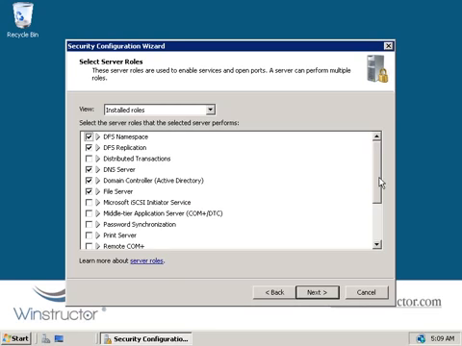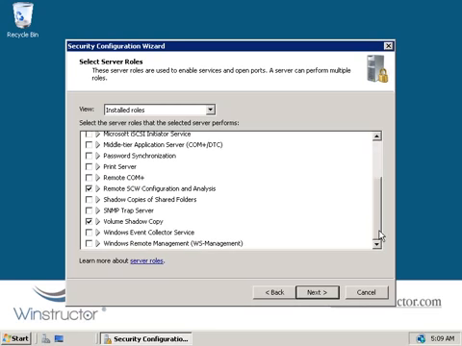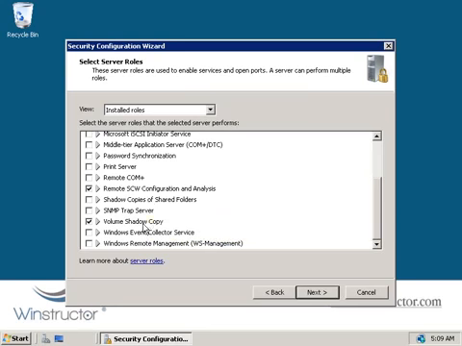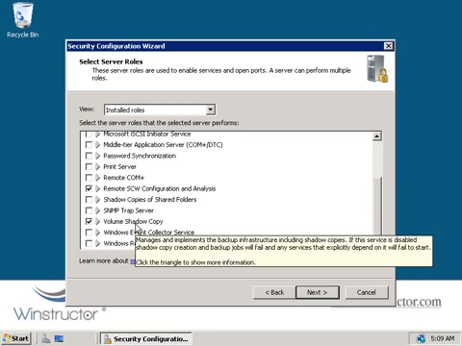Obviously, the domain controller role, file server, and if we scroll down a little bit, we also have the remote security configuration and analysis, which is what we'll use to configure, analyze, or roll back our security configuration policy on this server. And finally, we have the volume shadow copy role, which is what lets us run backup jobs on